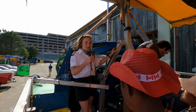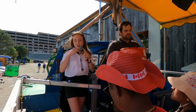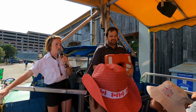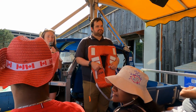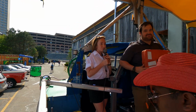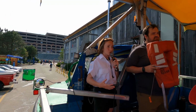We have quite a few little ones on board too, so just want to make sure they are nice and secure. Specifically with the little ones, when they rest their chins on the rail, it does hurt a little if we hit a bump, so just keep that one in mind as well. Also, we will eventually get into the harbour, so for a few water safety things on board,